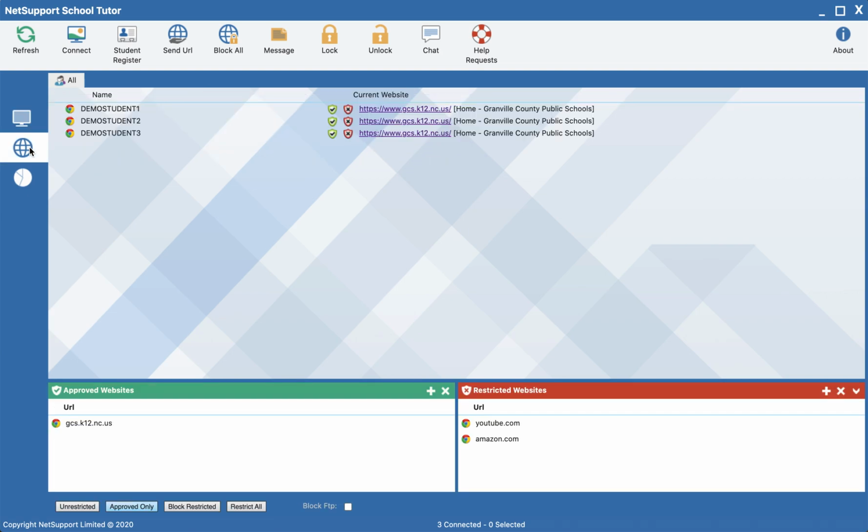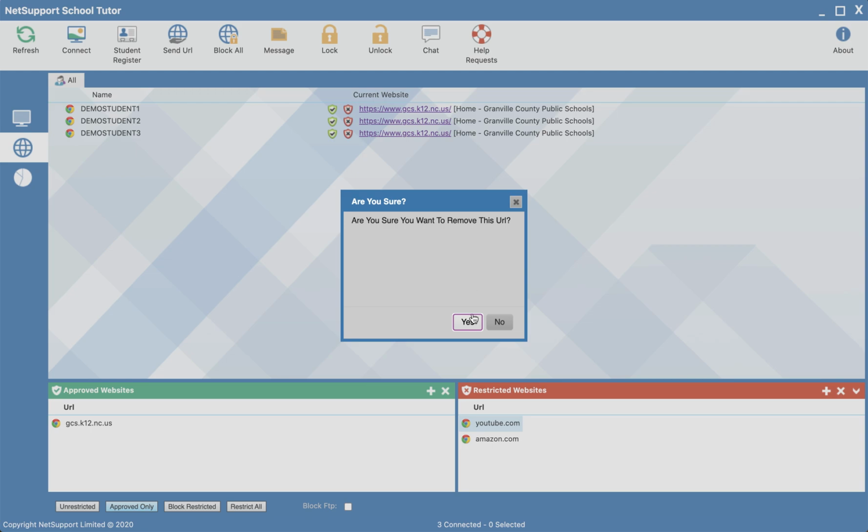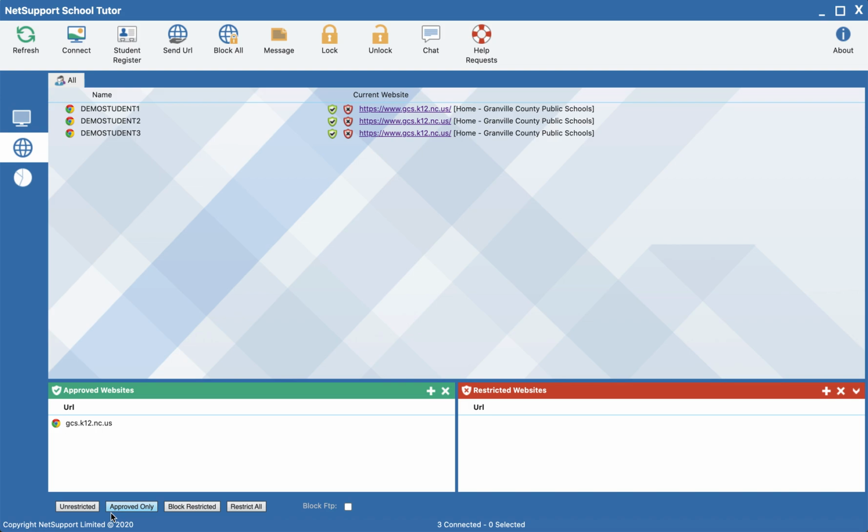So once I go back to my World Wide Web here, I want to highlight that when I exit out of the NetSupport client, and when I log back into the client, my restricted website list becomes cleared. So YouTube as well as Amazon will no longer be there. However, my list of approved websites will remain the same. I think this is due to the fact that if you want to restrict a certain website during a certain lesson, you can do that. But then if you log in or reload the NetSupport client on a different day, those accesses will be available